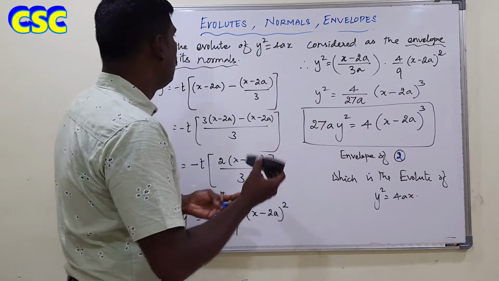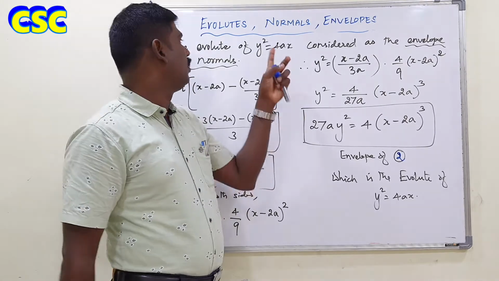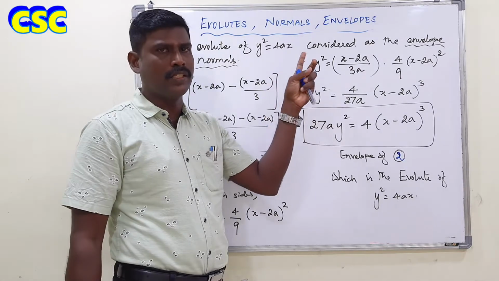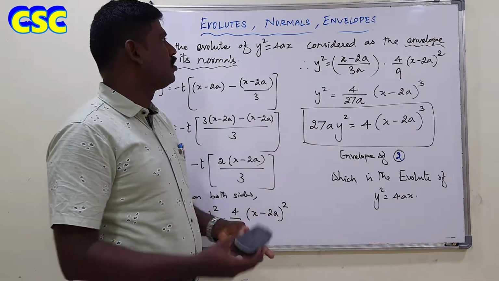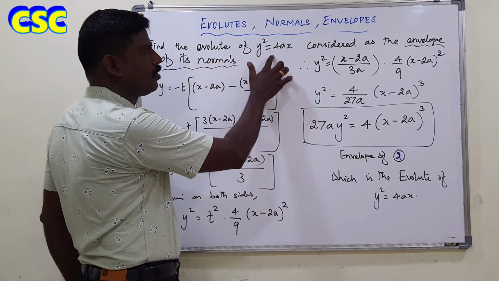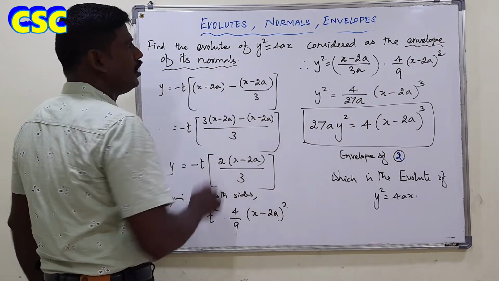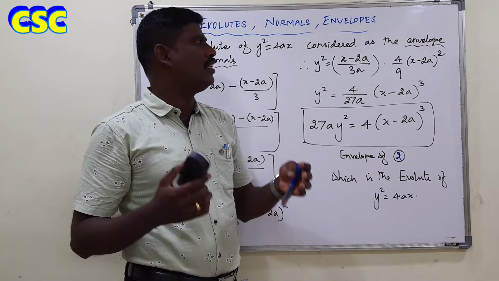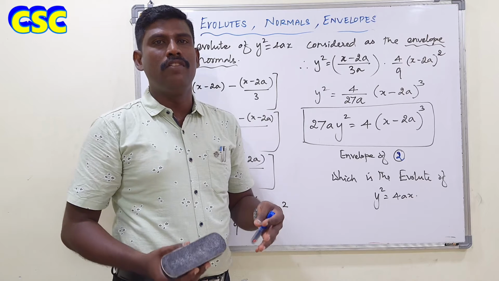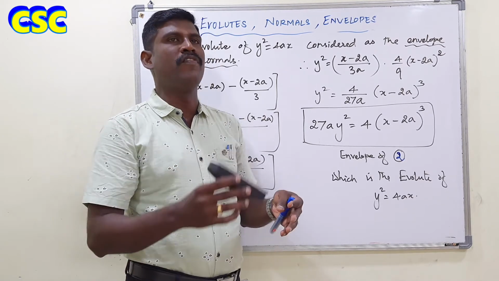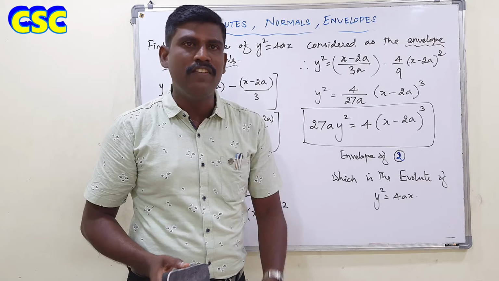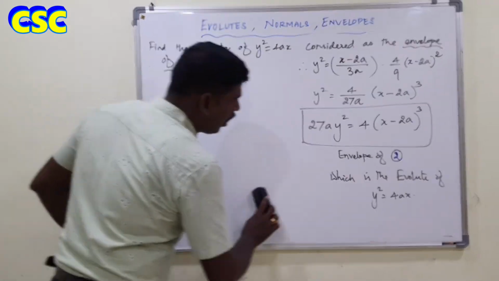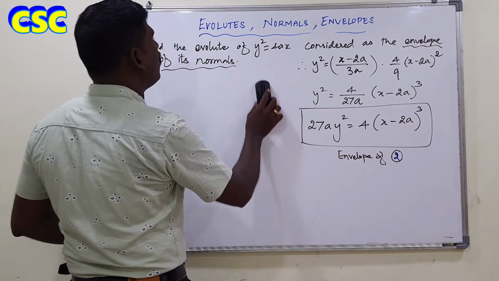So already in the evolute problems, we directly find the evolute of the given curve y square is equal to 4ax through the evolute method. But here I solved the same problem to find the evolute of the given curve by the envelope of its normals. So what are the steps? If you want to know the steps involved to find the evolute of the curve through the envelope of its normals, just go to the link given below. Thank you. Next, I am going to solve other problems related to finding the evolute of the given curve.